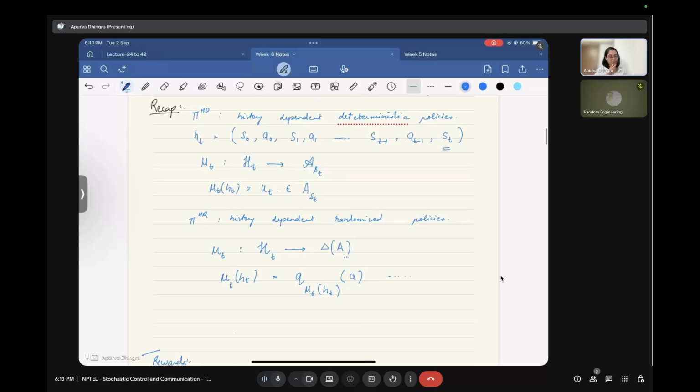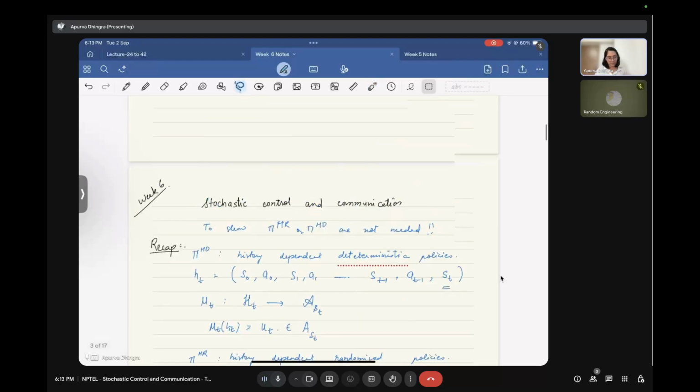Because this is probability, it will satisfy the standard conditions on probability: if you sum over all the actions A, this should be equal to 1. It should be normalized, and each of these individual values for every A has to be greater than or equal to 0. Those standard things will be satisfied. So now if we were to talk about this Bellman equation,